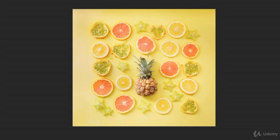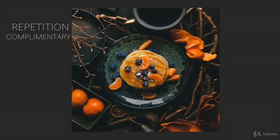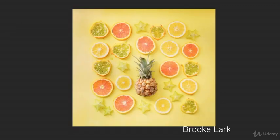Lastly, we have this photograph by Brooke Lark, which is another example of limited palette, but also of colour repetition and complementary colour, which are valuable mechanisms to consider for any photography and are particularly successful in food photography. What otherwise might be a flat composition now has elements to jump around. In this photo it creates pattern and aesthetic appeal, which enhances the focal point of the pineapple, and soft natural